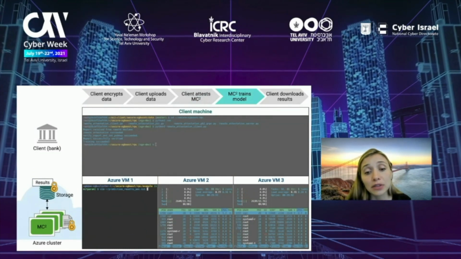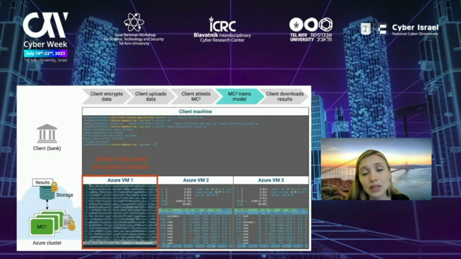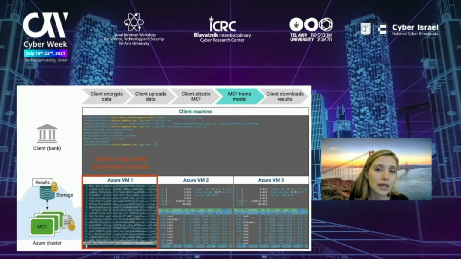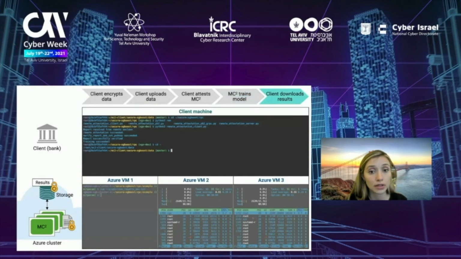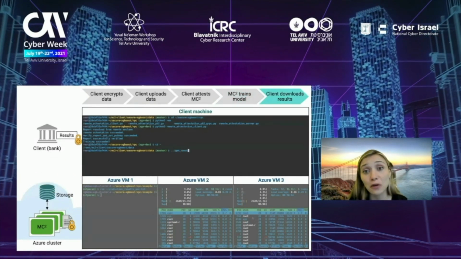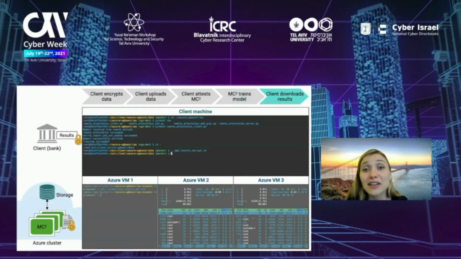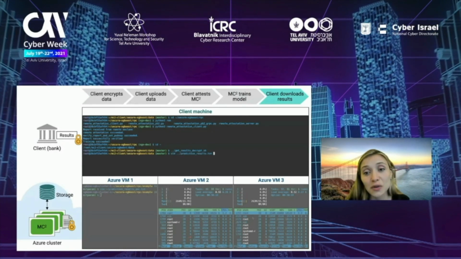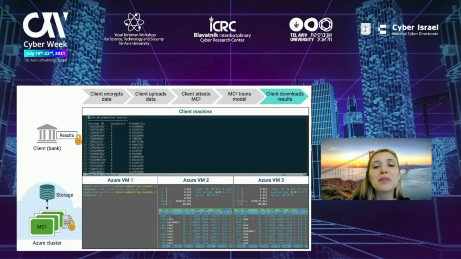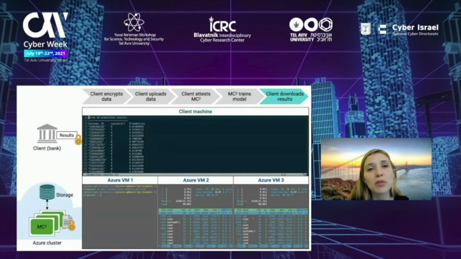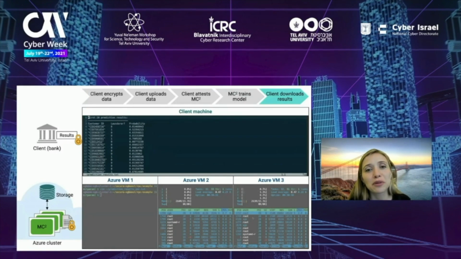So we can see that the prediction results are also encrypted, because always on the cloud, everything will be encrypted. The attacker of a cloud cannot see the data, it's all encrypted. But on the client side, we can download these results and we can decrypt them. So here we can actually view which customers are believed to be launderers and with what probability they are believed to perform money laundering.